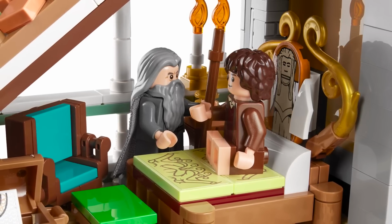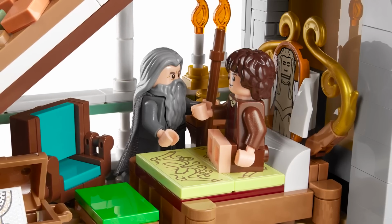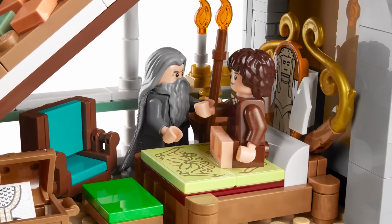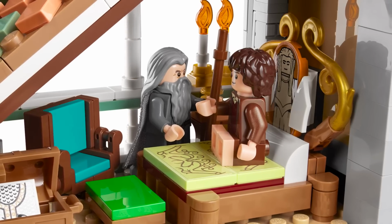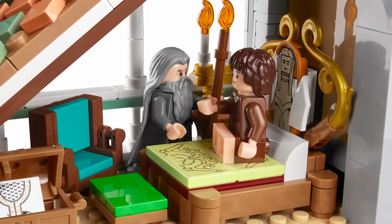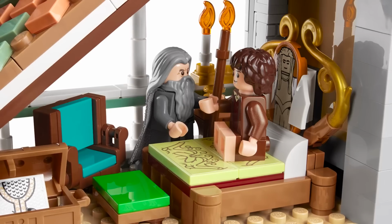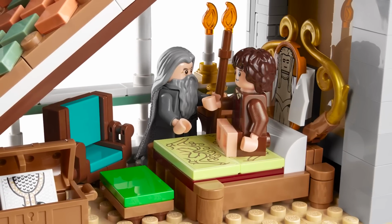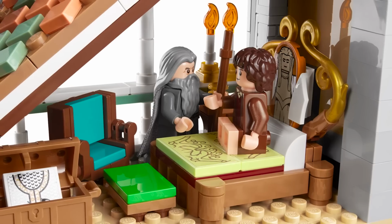And Frodo, you'll notice he's actually got a build for his legs. I think that's so cool that they have this first official build for actual short figures sitting down. I think that's incredible. As well as Gandalf there to greet him when he wakes up. To the left, there's this chest with the mithril on this sticker, which is on this 2x2 tile,